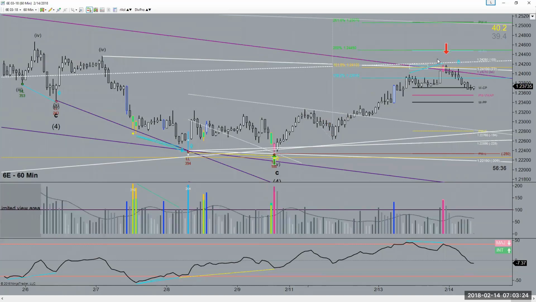So we wanted to see the 161.8 extension and where that intersects that big downsloping channel, and then potentially the top of that upper median line. That upper median line is created from that channel from low to low. And that slightly downsloping lower median line was a low tick of that move there. So we went from lower median line to upper median line once again, in line with that much larger downsloping channel there,